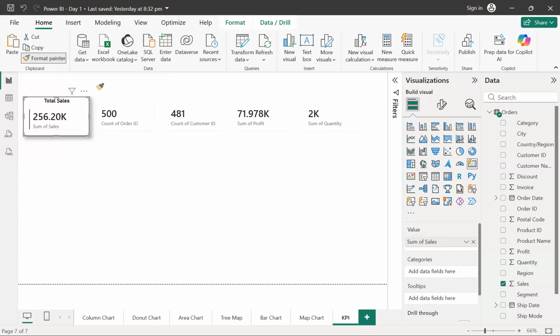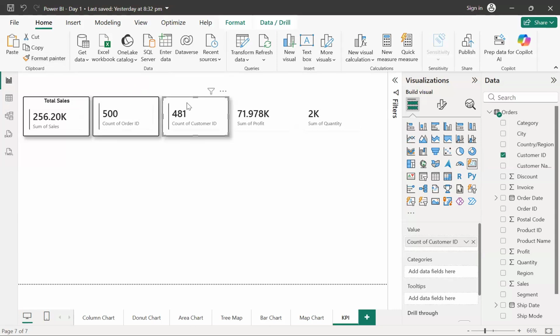You'll get that brush icon, and you just try to put this brush icon in the second card. Okay, so you'll get the second card over there, and you'll get all the formatting similar to the first one. Now similarly, I can again choose the format painter and put the brush in the third one. Now again the same thing will happen with the third box. Similarly, again I can choose the format painter, bring it for the fourth one, and lastly for the last one.